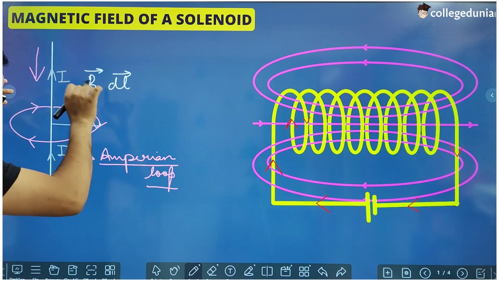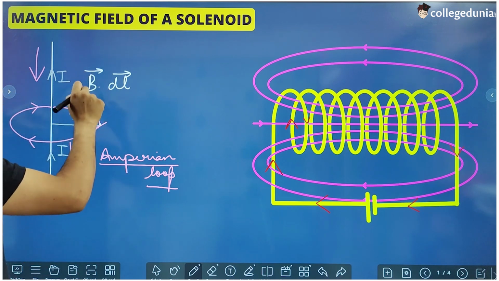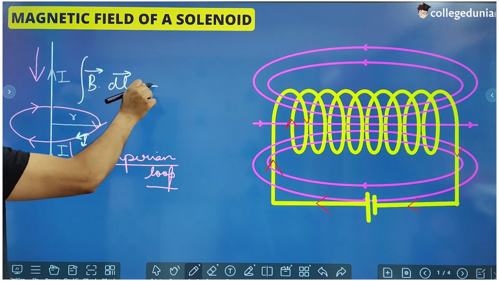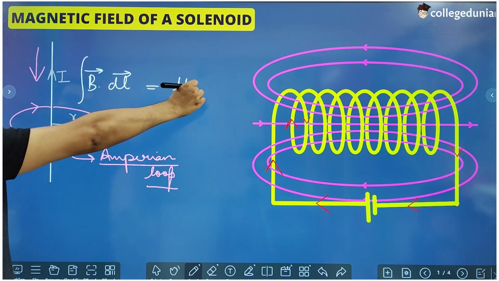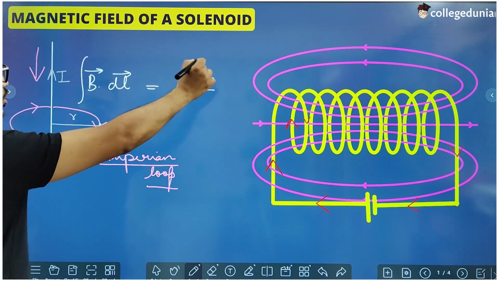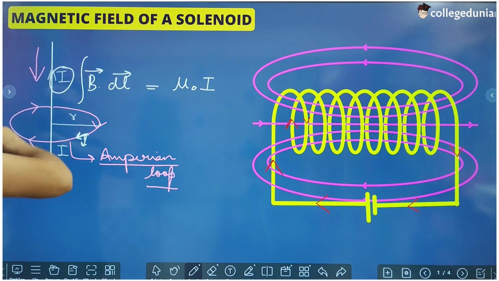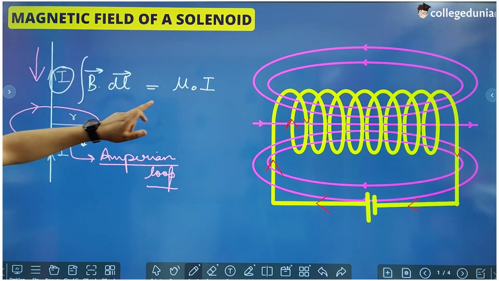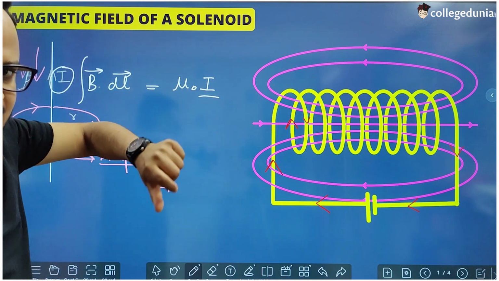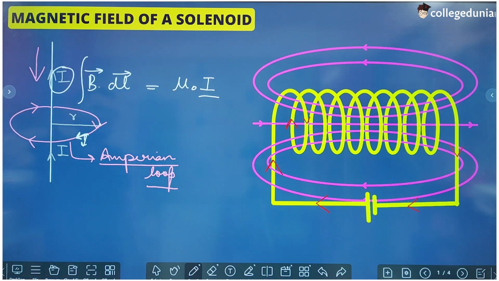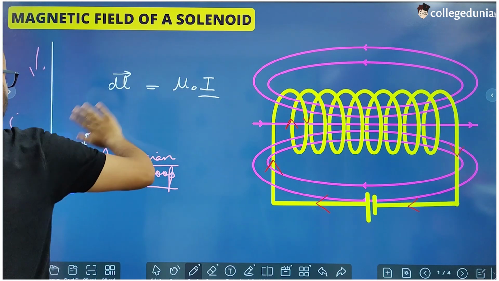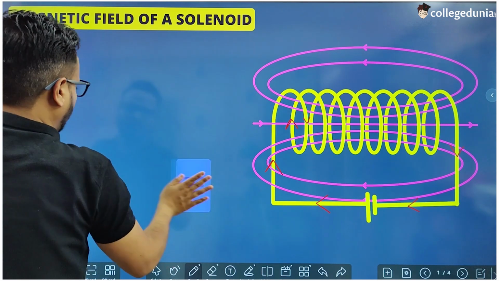So for all these B dl, we are going to integrate this thing, and we will put this equal to mu naught into I, where I is the current in this wire, and we will give I the sign that we have just discussed, that is in this case we are going to give this a negative sign, right? Okay. So this was Ampere circuital law